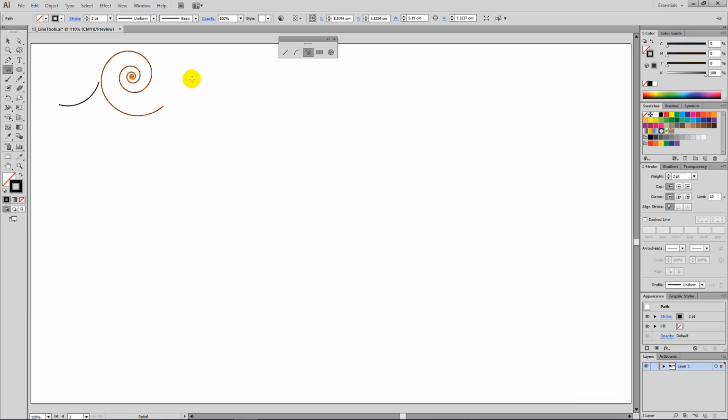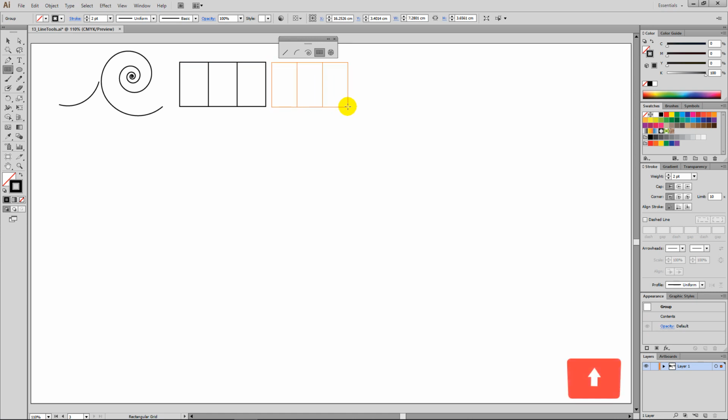Select the rectangular grid tool. When you click and drag on the artboard, pressing the down arrow decreases the number of horizontal dividers. Pressing it all the way down removes all the horizontal dividers, and pressing the up arrow increases the number of horizontal dividers. When you click and drag on the artboard, press left arrow continuously to decrease the number of vertical dividers. Press it all the way down to remove all the vertical dividers, and press right arrow to increase the